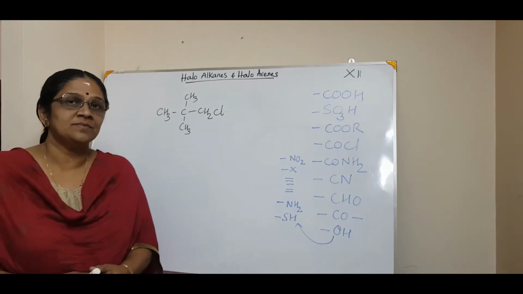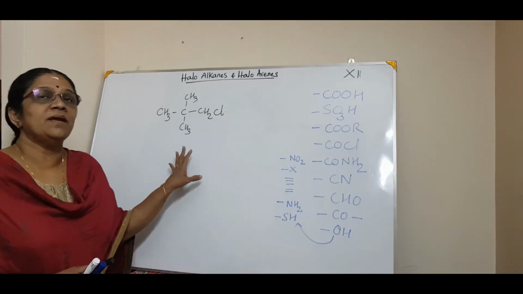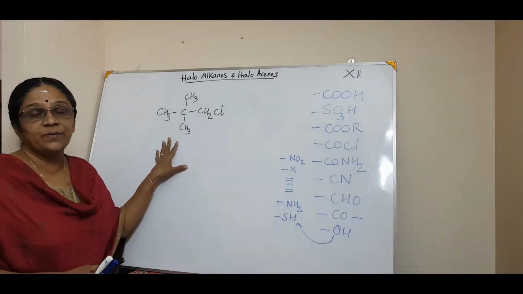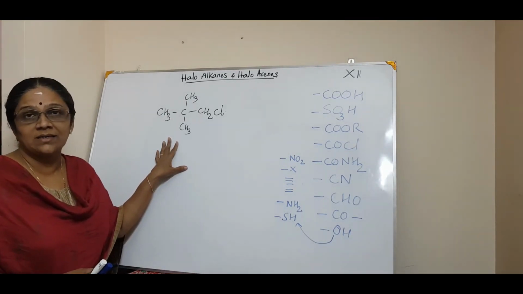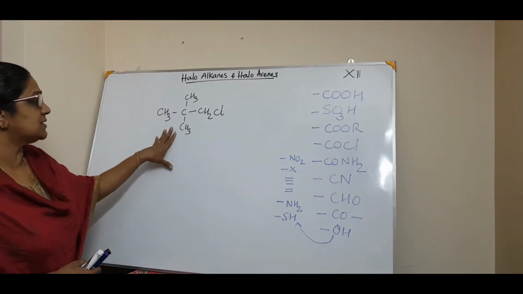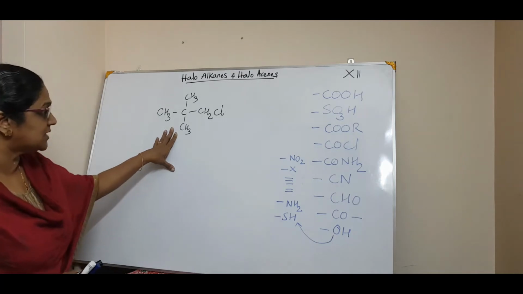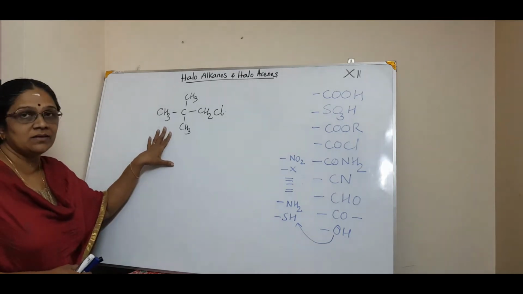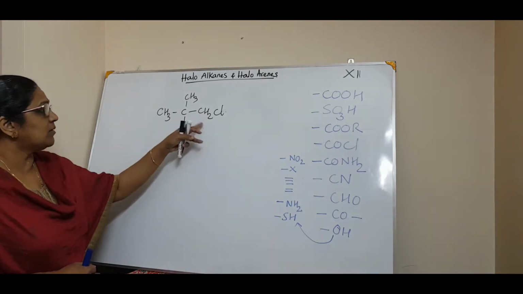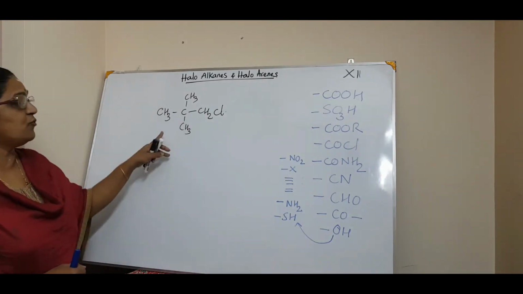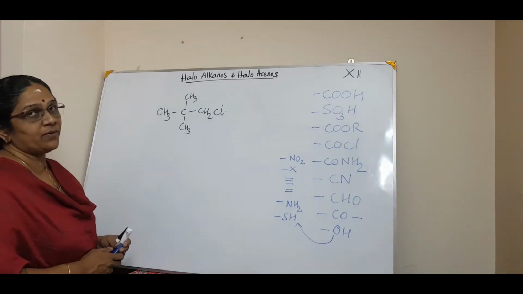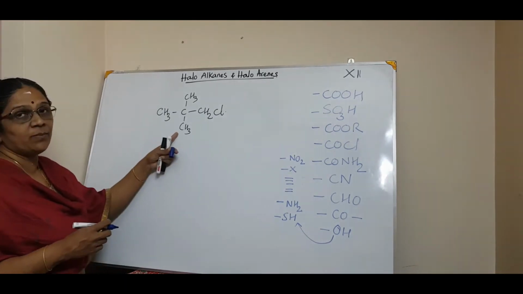Hello everyone. So moving on to the remaining portion, that is naming or the IUPAC nomenclature of haloalkanes and haloarenes. In the last class we were discussing this example. I think just some confusion is there. So once again we will deal with this and then move on to the next topic. So this is the compound we have written, and you have to write the IUPAC name of this compound. So how will you write this compound's name?